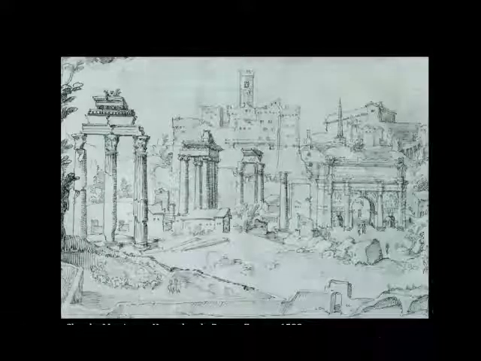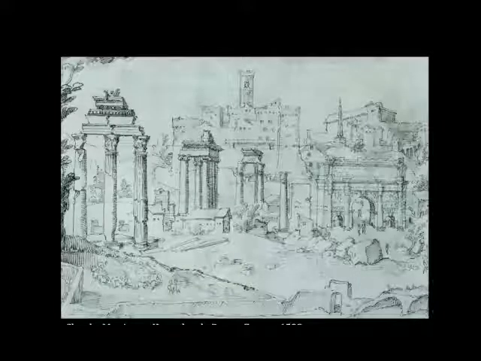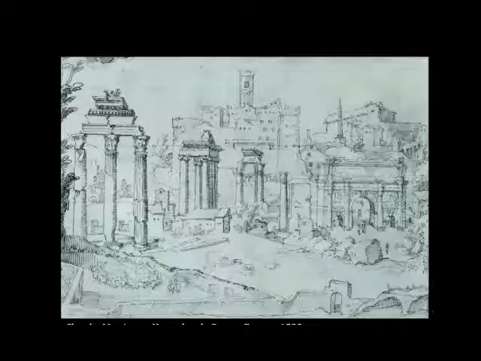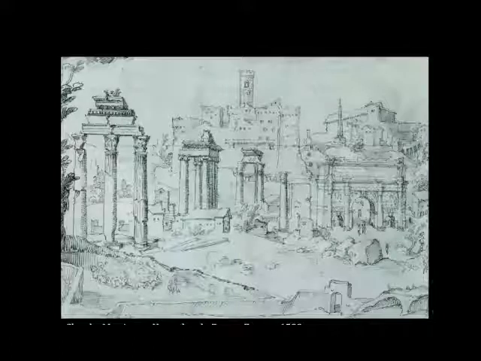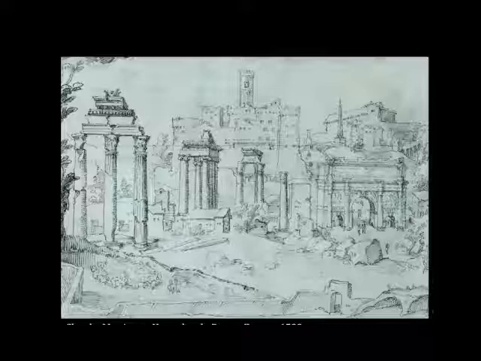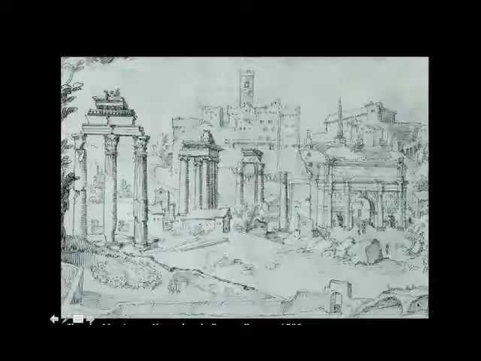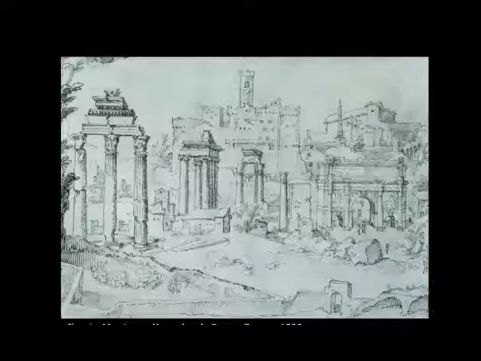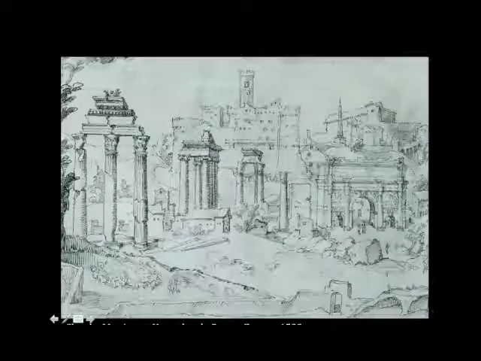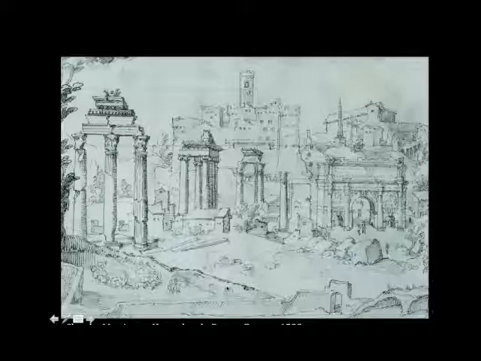So for the last, I don't know, couple of hundred years, let's say, anytime people needed a piece of stone, it was easier to take a piece of the Colosseum and use that than to go off to a real stone quarry. So much of Renaissance and Baroque Italy was built out of the great stone quarry called the Forum, by just taking columns and whatever they might want. But you can see that there still is quite a lot, like here's a triumphal arch, which is an interesting thing to study. These are various fragments of temples showing the different orders, and these are things that Brunelleschi looked at.